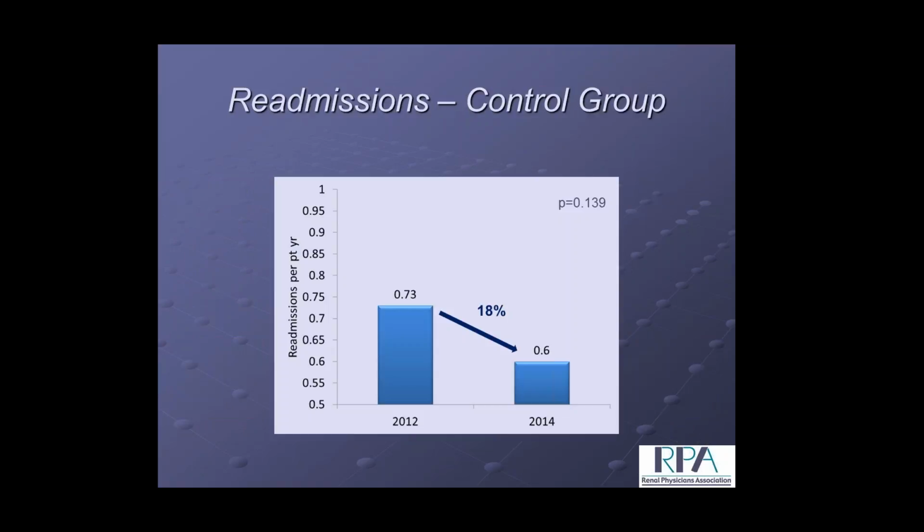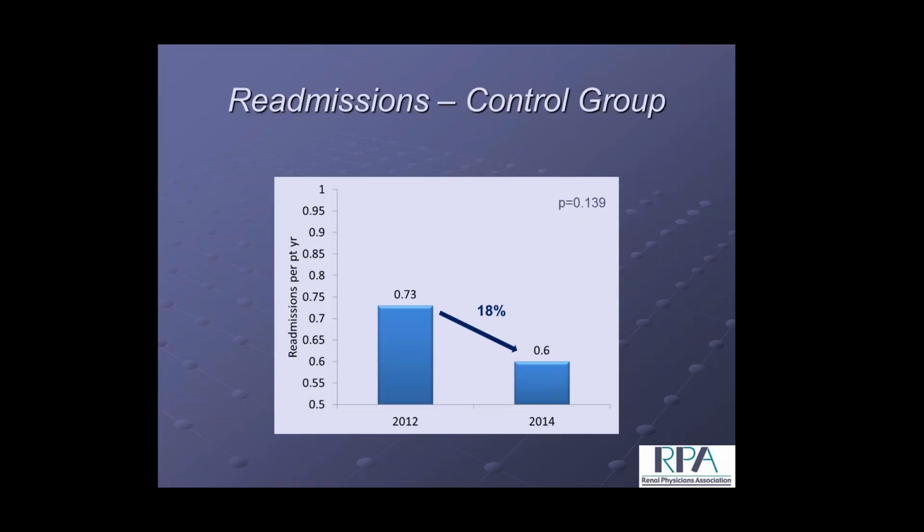In terms of results, the control group had a 30-day all-cause readmission rate decline of 18%. The right track, or the intervention group, had a decline of 26%. So, although the decline was greater in right track clinics, the difference in decline between the 2 groups was not,